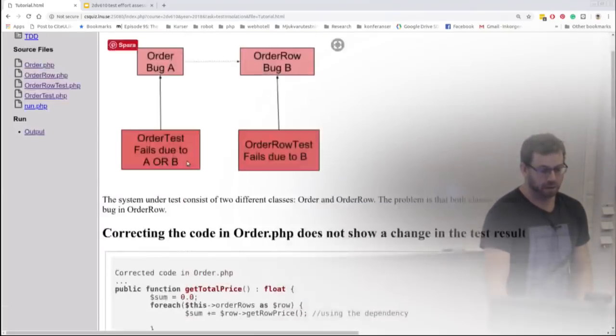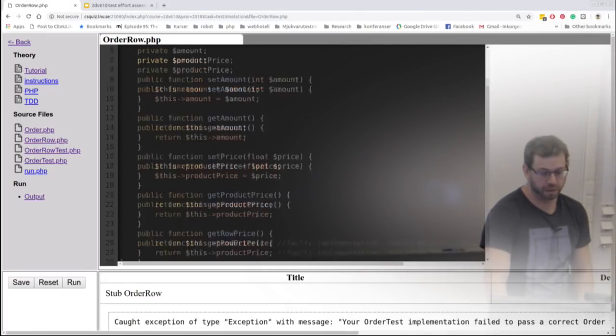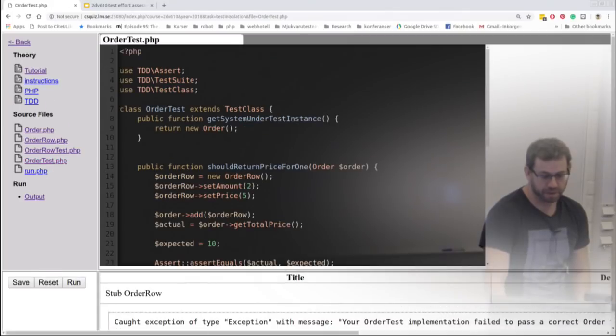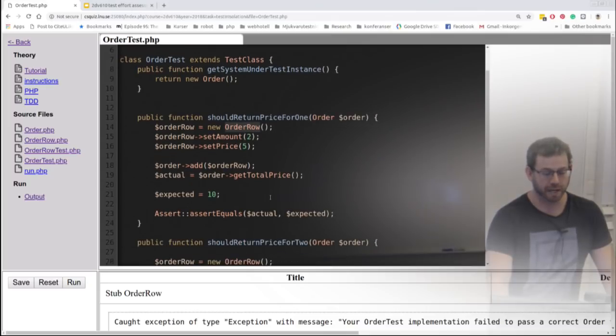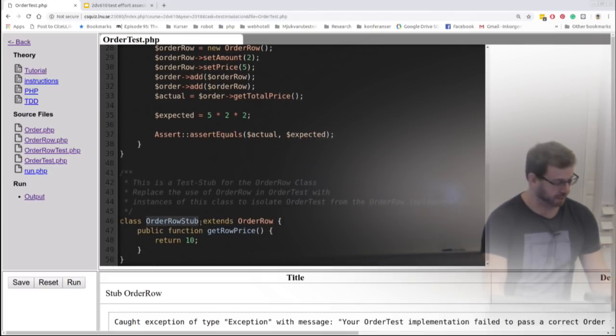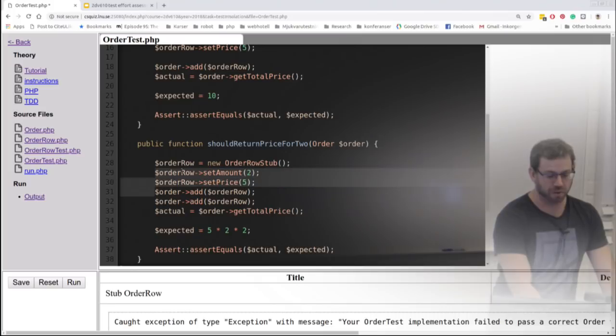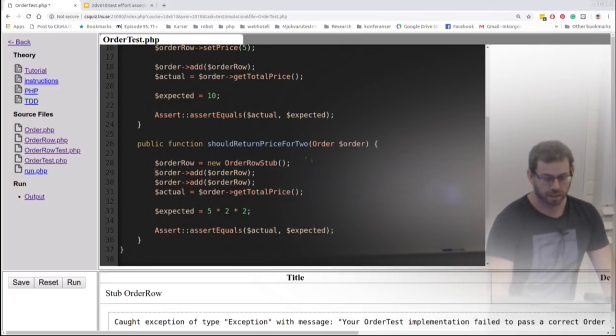So when I'm writing my test for order, here it is, order test, I should no longer use the order row at all, because order row can contain errors, and it actually does contain errors. And the second test is also dependent on the order row. So instead of using that, I'm going to use the order row stub. And since order row stub does not need any set amount and set price, I can actually,